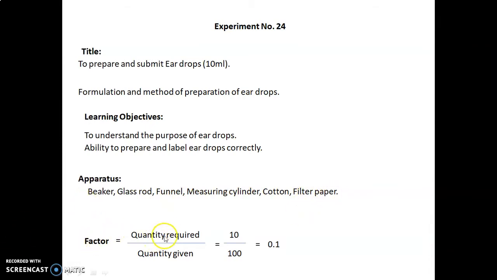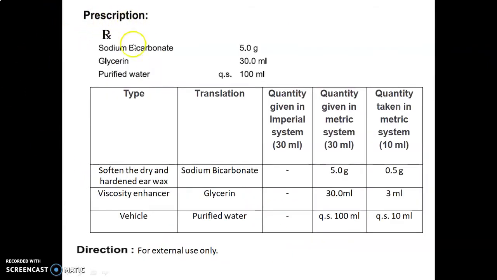Factor is calculated as quantity required upon quantity given, that is 10 upon 100, which is equal to 0.1. So this is the prescription given. Let's discuss in detail the formulation table. Type, that is the use or role of the ingredient. Translation means the name of the ingredient. Quantity given in the imperial system is for 30 ml, but we have directly given the quantity in the metric system. So quantity given in the metric system for 30 ml,